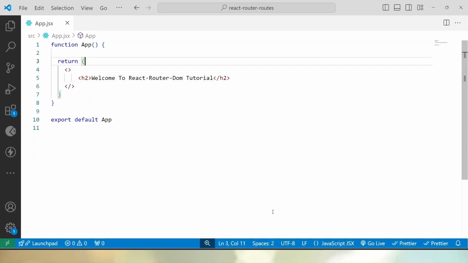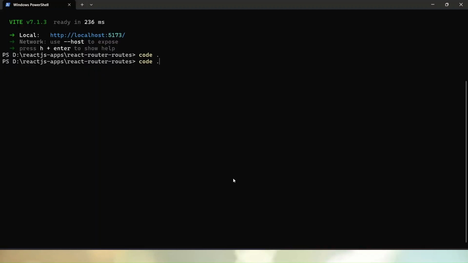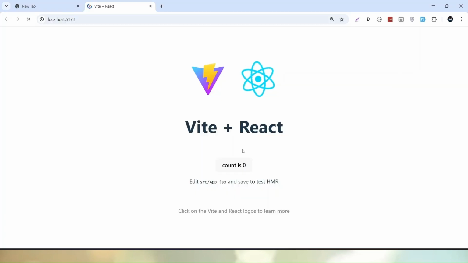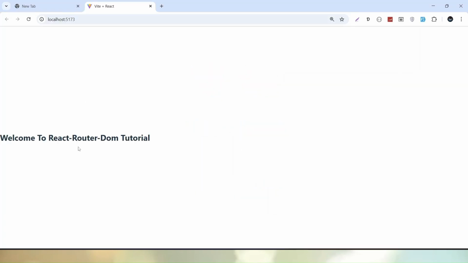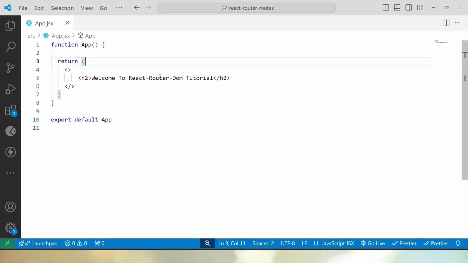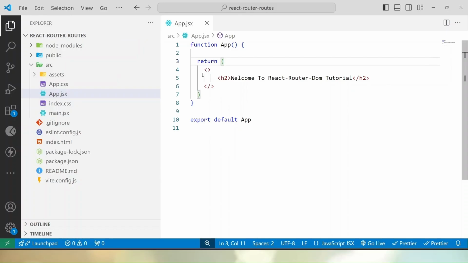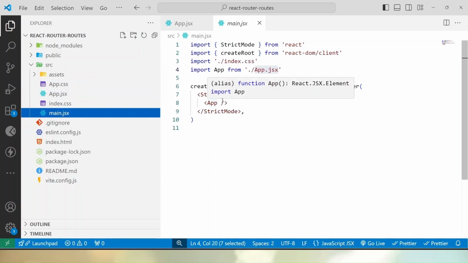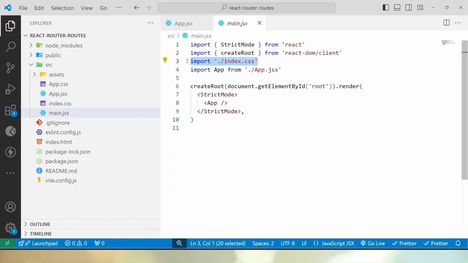So if I save these changes, let's go back to terminal. Again, I have to type code npm run dev. It started. So now we can see here we are getting the message that is welcome to React Router DOM tutorial. Now also we can see that it is taking some CSS or some design here. So if I go, that design or that CSS part is coming from this main.jsx and from its index.css